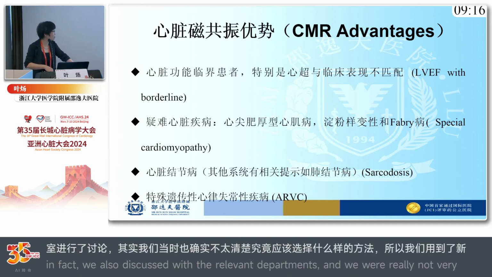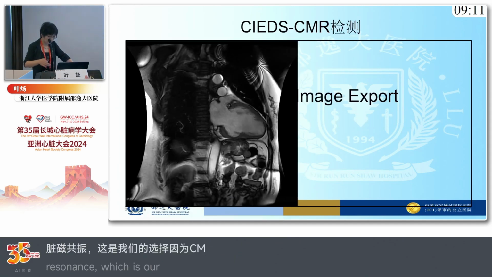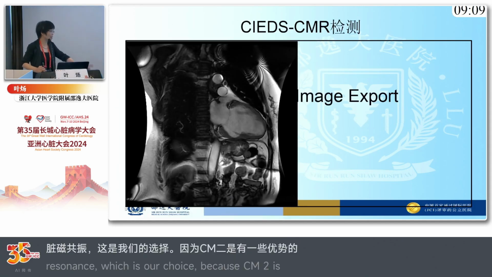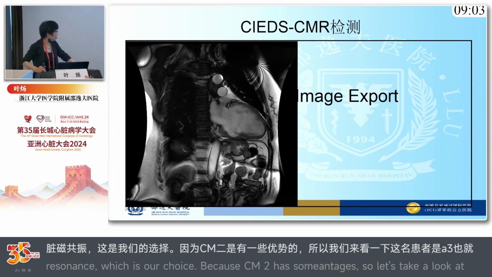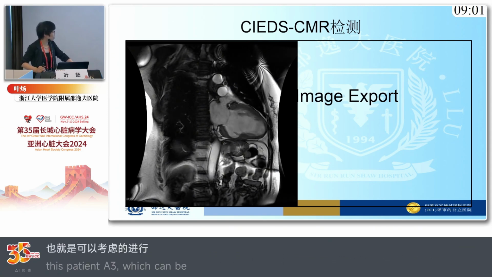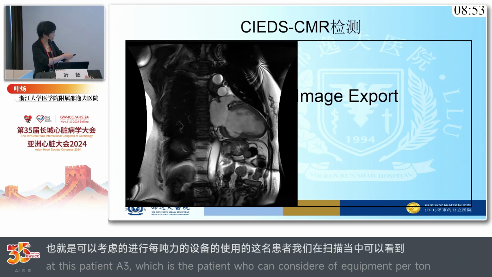Because we think CMR has advantages, let's do the scan. This patient has an A3, that means MR conditional, from Medtronic, and we use a special sequence for scanning. We found here, you see,